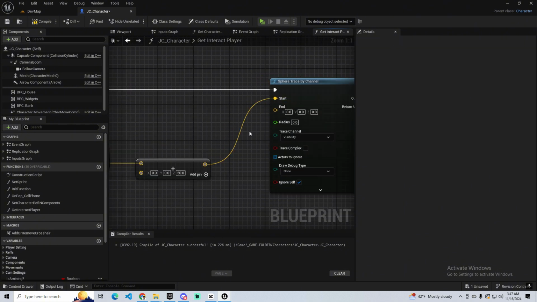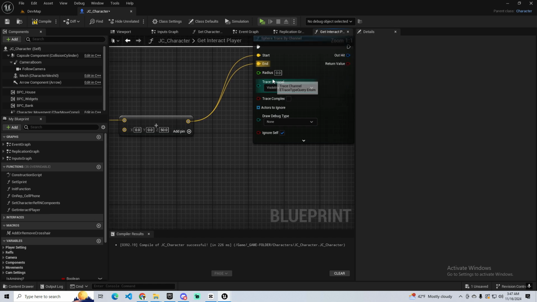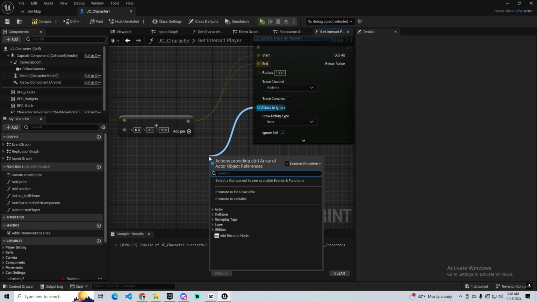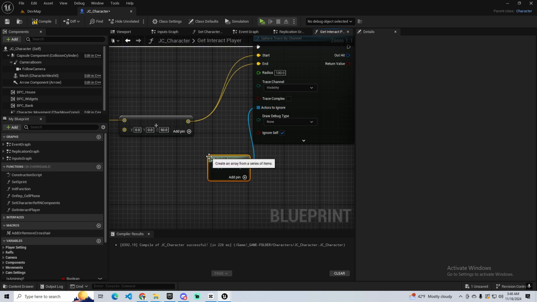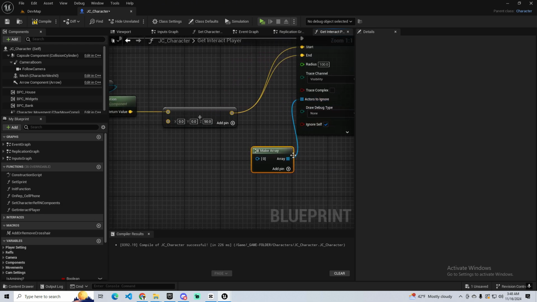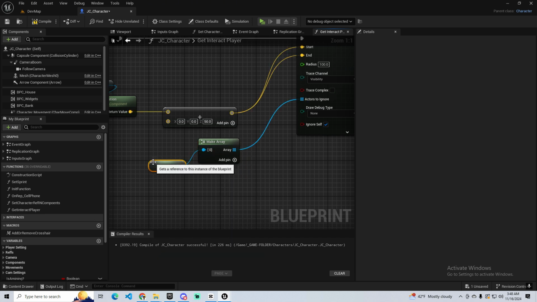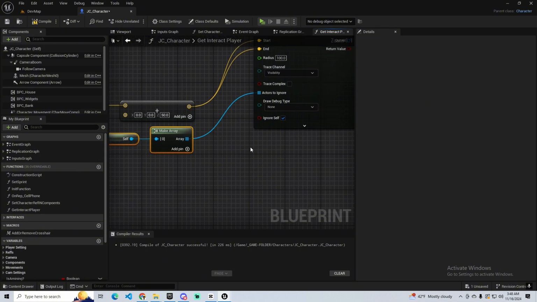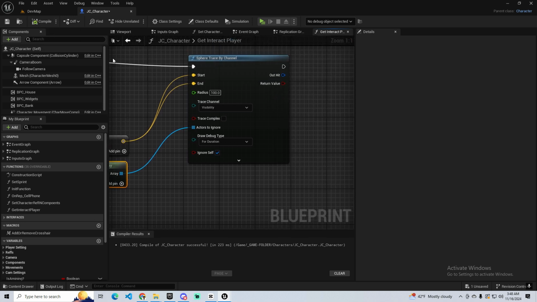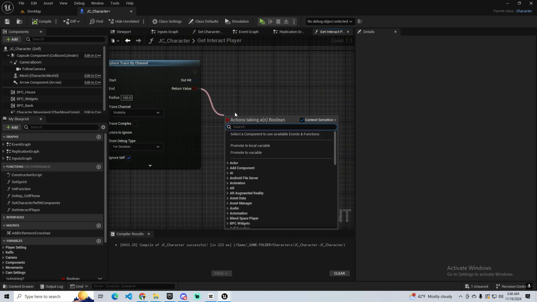Yeah, this will be the location, and let's put 100 for the radius, and make array, even though it's already set to ignore self, I still like to do this self. Okay, and draw debug type for duration,